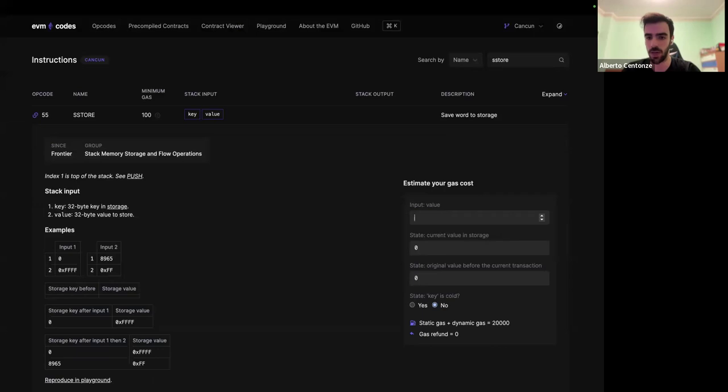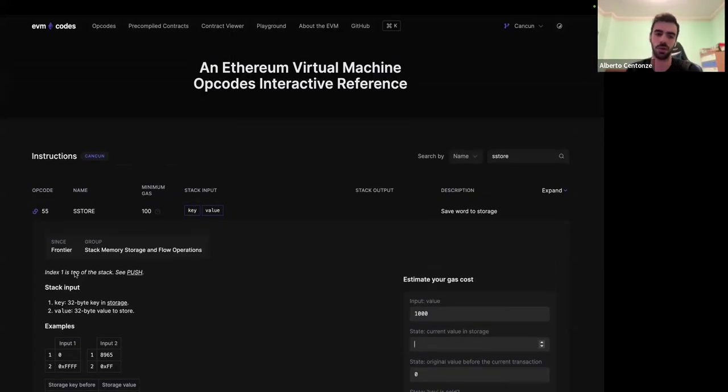If you're setting a value to 0, since you're cleaning the state of the network, it's only 100. But if you're putting an actual value, it's like 2,000, and then it's even more expensive if it's cold. And if the current state of the value was something different, it changes the cost. Everything is taken into account in the way opcodes are defined.